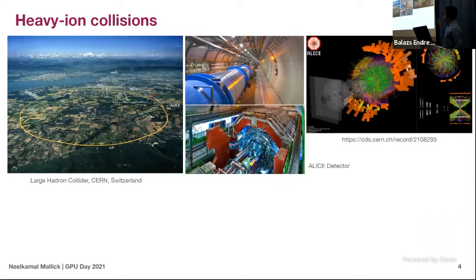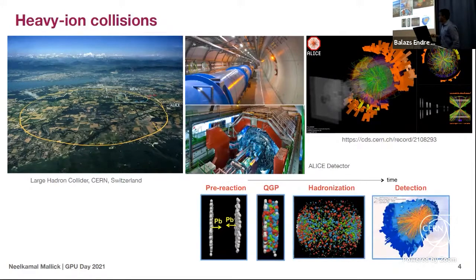So this is the typical picture of an event record from the ALICE detector. You can see that two lead nuclei, when they collide together, give rise to a lot of particles, and the particles move towards the detectors with a curved path, because obviously they have charge and they interact with the magnetic field, and they produce these beautiful tracks. And you can see that the number of particles being produced in a single collision is huge. It is about 2,500 particles in the top central collisions.